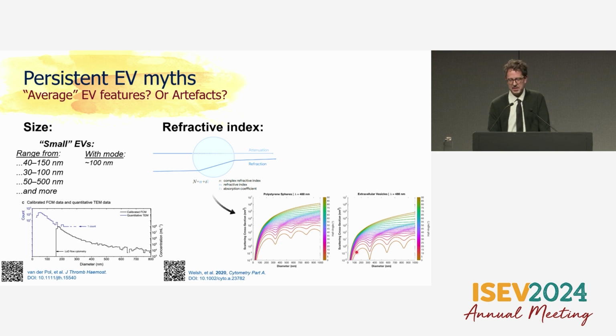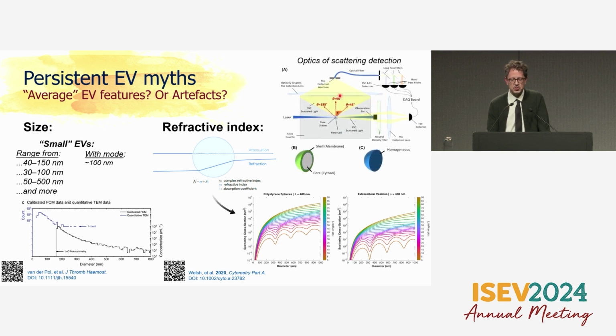And we've known this for many, many years, and this has huge implications for the optics of scattering detection. So here's a cross-section of how a flow cytometer is picking up side scattering. You see that the angles can be precisely determined, and all of this can be mathematically modeled and fit using standards, and this is the MIFlowCyt framework developed by Josh Welsh and a lot of collaborators at that time, which is being widely used.